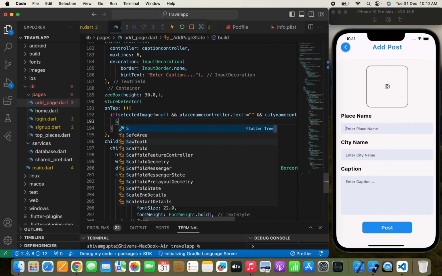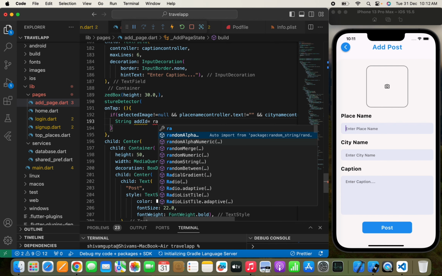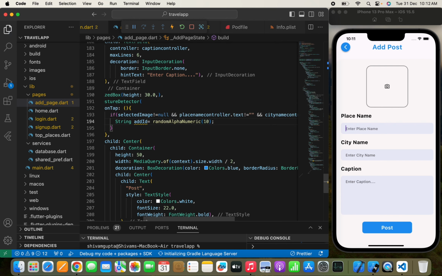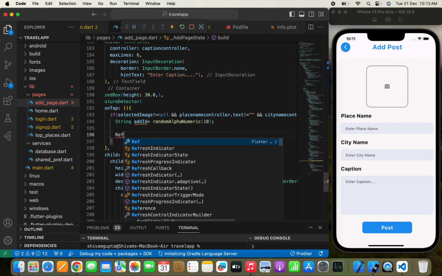For that I just need to write a string addId, and here I'm going to use a random alphanumeric of length 10. As you know, we need to provide a unique id to each image that we are going to upload to the Firebase storage. I have used Firebase storage many times before, I think in all the series where we upload images, so you shouldn't have any problem, but if you are new, I'll explain why I'm using it. So I'll write a reference,